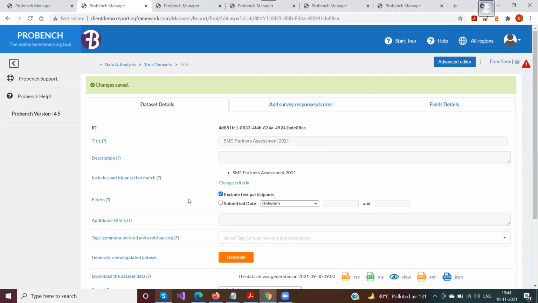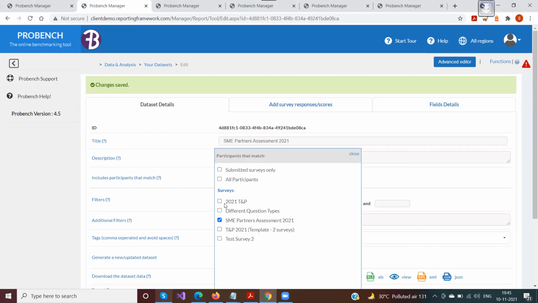I'll just give a brief again. I thought I was sharing my screen, but yeah. So all the fields that I've spoken about are here. Basically, the title that I was talking about, the description, and the criteria field that I mentioned here. So these are the submitted surveys only, or the surveys that you want to select, and the participants who have participated in the surveys would be included in the output.